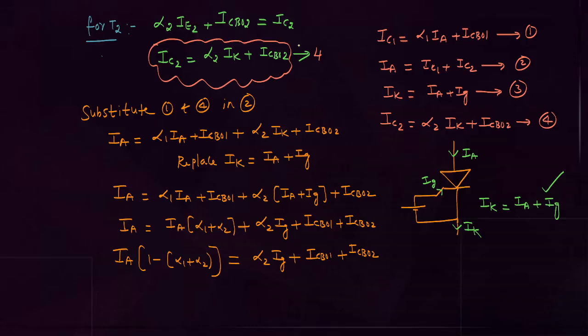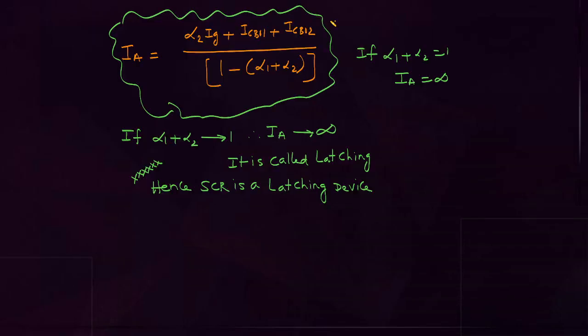And we also remember the IC2 equation. This is the collector current of the T2 transistor. Once you know the IC1, IC2 and IK equations, then by deriving, finally you can get this expression. Whatever formulas I am giving, five star, those formulas you finally have to concentrate on. According to two transistor analysis, the anode current depends on gate current and also leakage currents, where alpha 1 and alpha 2 are the current gains